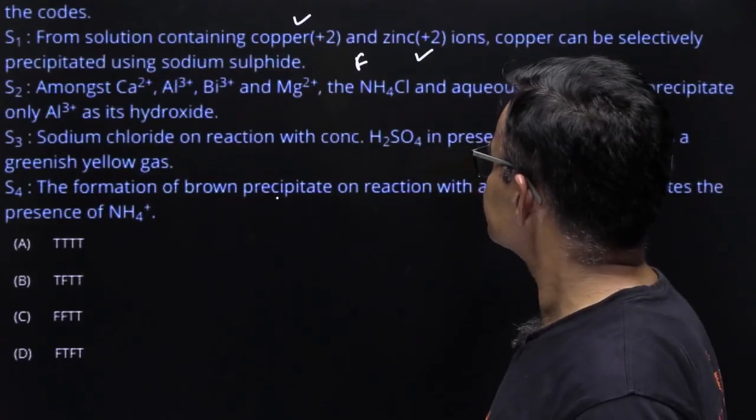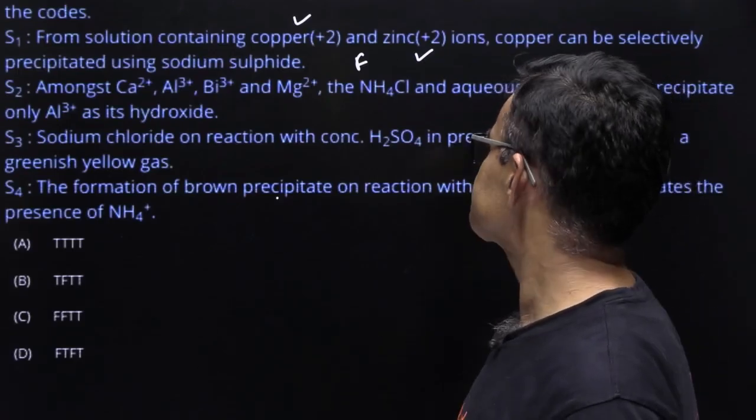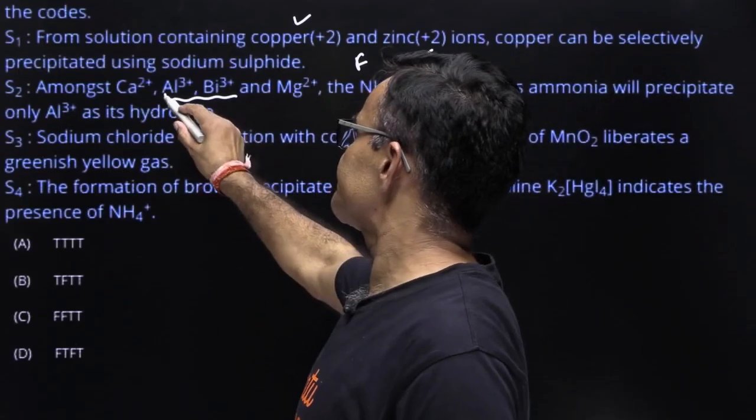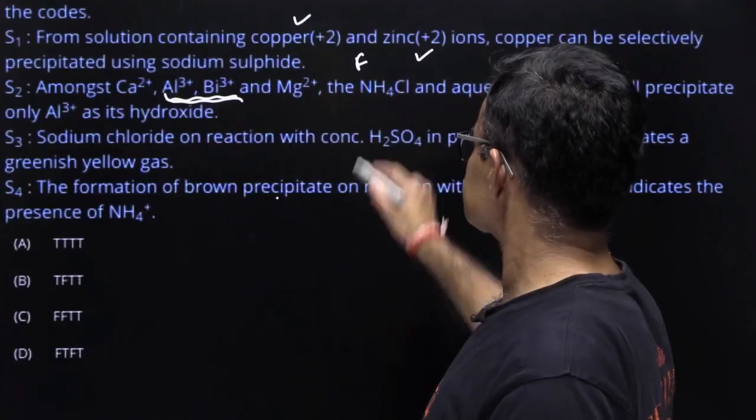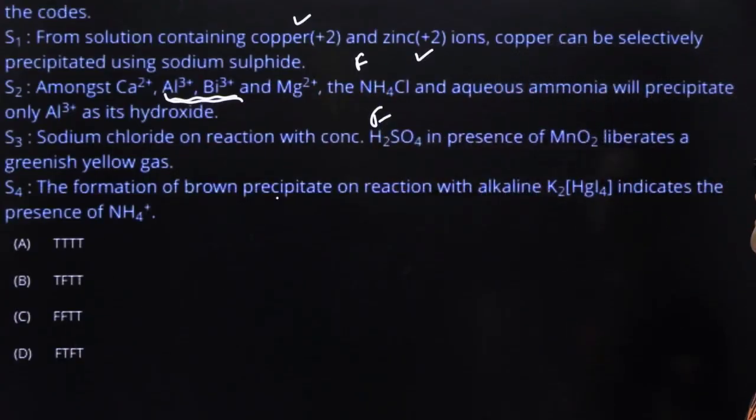Second, calcium, aluminium, bismuth, magnesium, NH4Cl and aqueous ammonia will precipitate aluminium। aluminium के साथ bismuth का भी हाइड्रोक्साइड यहीं पे precipitate हो जाता है, right? तो this is also a false statement। अगला है सोडियम क्लोराइड ऑन रिएक्शन विद कॉन्सेंट्रेट H2SO4 इन प्रेजेंस ऑफ MnO2 गिव्स यस।